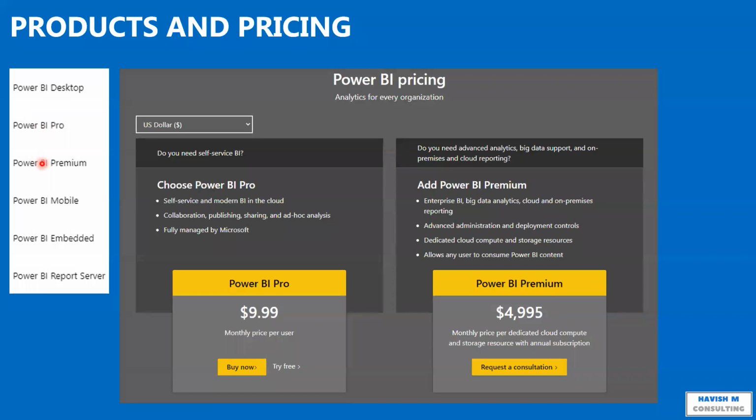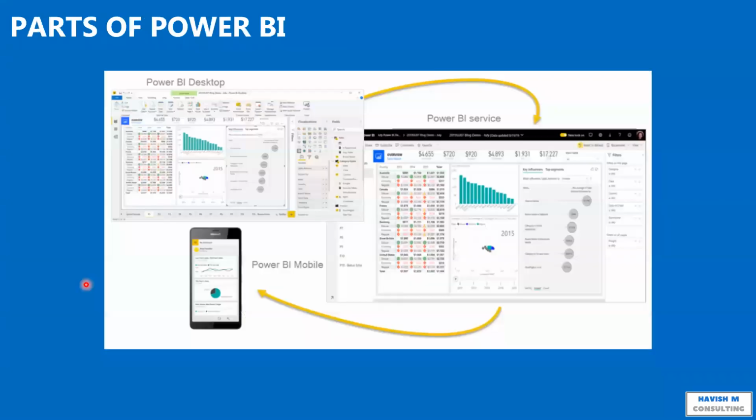So we have Pro, Premium, Mobile, of course, is the mobile version of Power BI. You have Power BI Embedded that allows you to use APIs where you can show Power BI reports on another platform. And then you have Power BI Report Server, which allows you to generate reports. But the three big things in Power BI are Power BI Desktop, which is the software on which we create a report, on which I and you will be working.